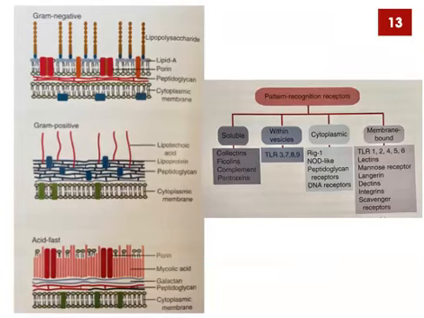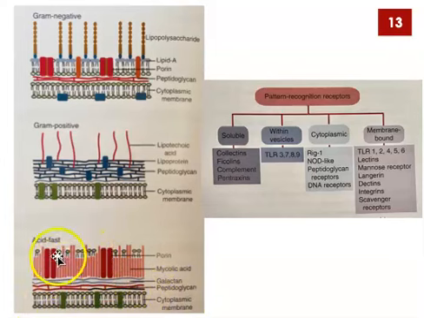Now there are two images on this slide for us to look at. On the left-hand side are simply some of those structural differences that we've just talked about. Up at the top, we have a drawing of the cell membrane and the cell wall of a gram-negative bacterium, just a little piece of the cell membrane that's been cut out. In the middle, this is a representation of a sliver of a gram-positive cell with its cell membrane and its cell wall. And down at the bottom, this is a representation of an acid-fast organism with its cell membrane and